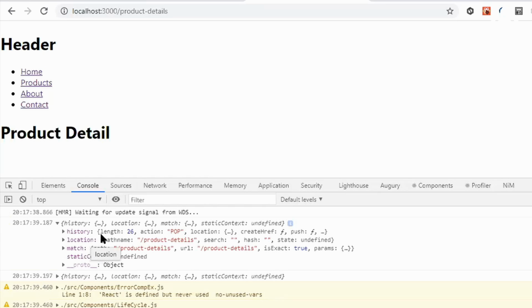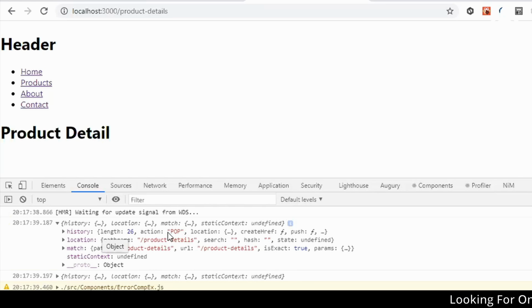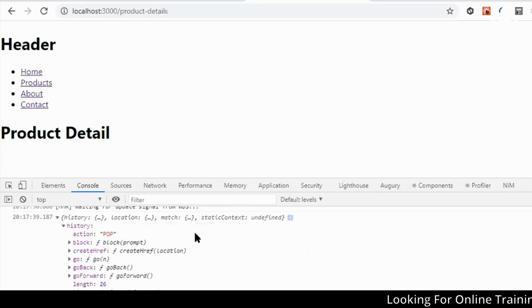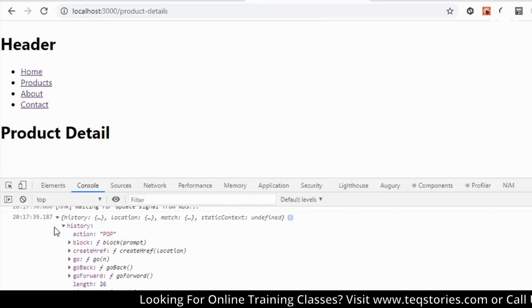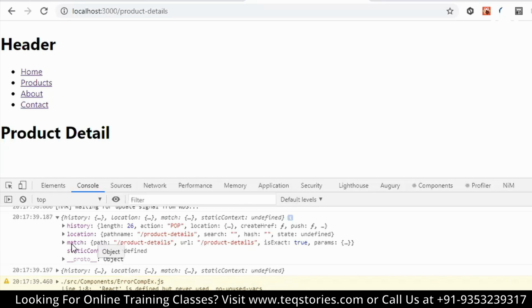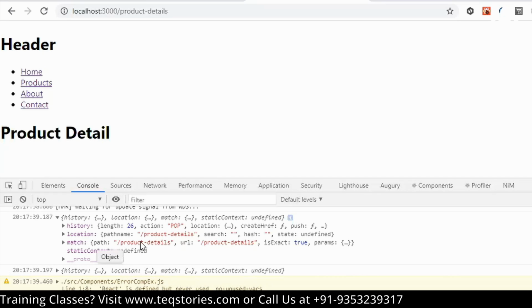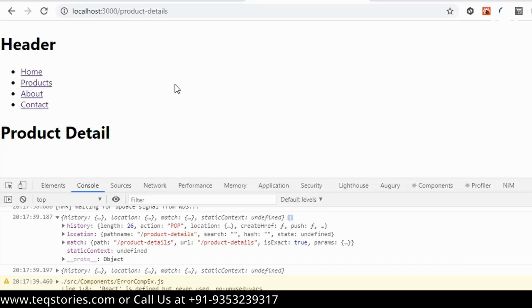In history, you can see the complete length of the URL. Action is pop. The location will show you location, pathname. It will give you the complete pathname /product details. So if you want to use the current path or something, you will get it over here. I use match only. So match.path, if you do, you will get the current URL, and I will add /id like this.